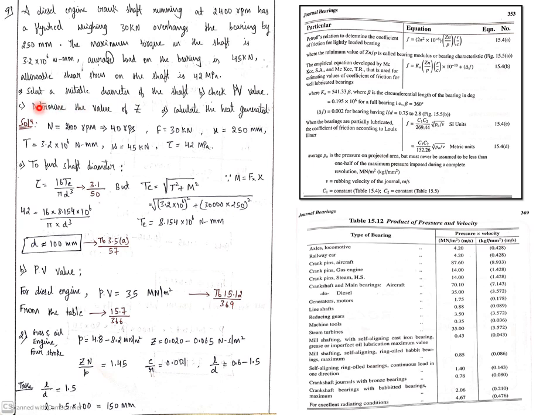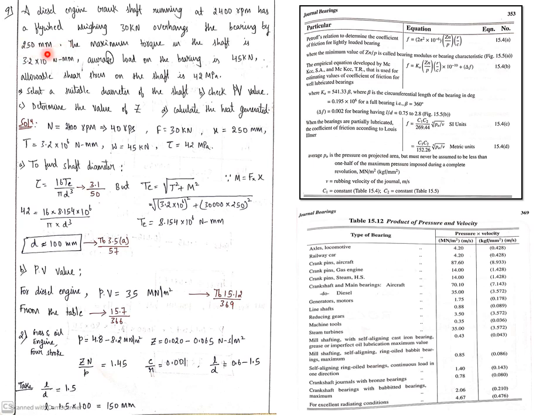Now what is it asking? Select a suitable diameter of the shaft. So this is the diameter of the shaft he is asking. I hope in Design of Machine Elements 1 you have come across finding the diameter of shafts, correct? Yes. So we need to assume such formulas from that chapter.